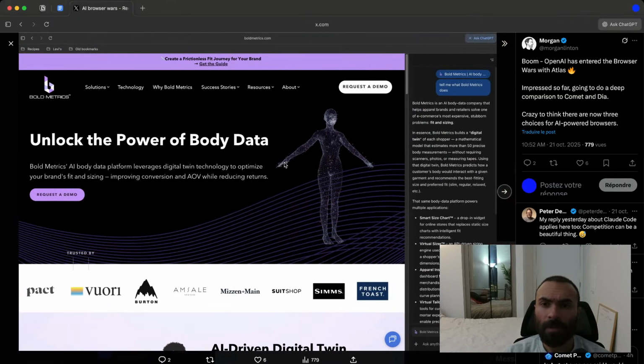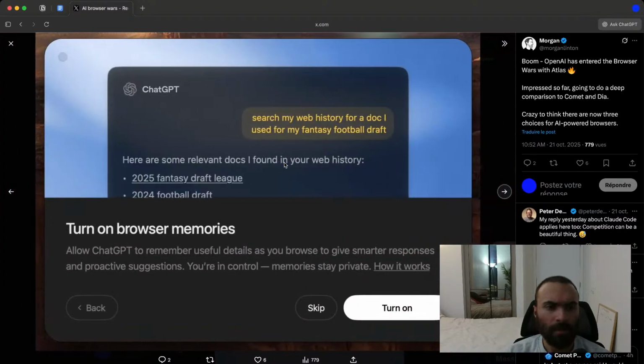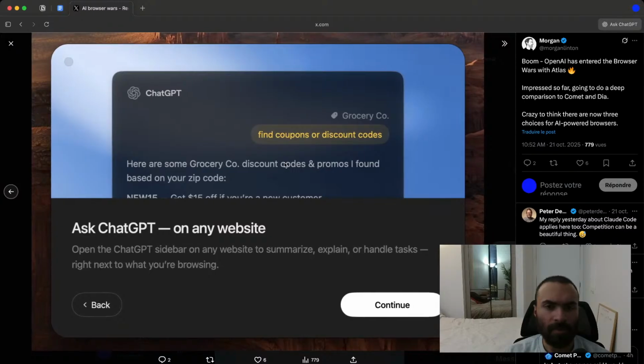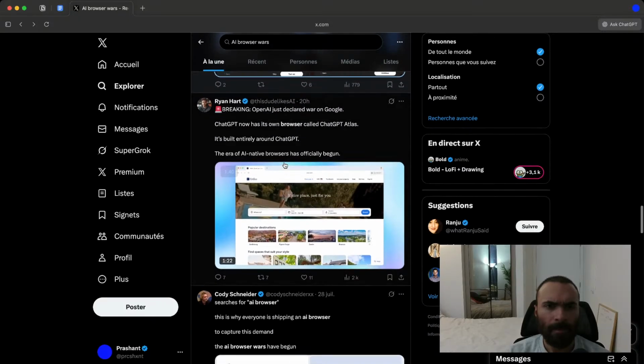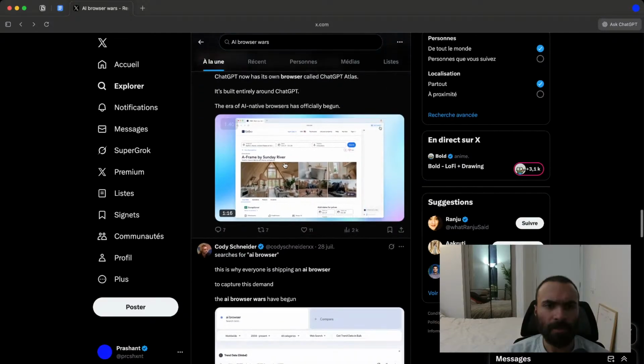What is this? Turn on browser memories. Search my web history for a doc I used for my fantasy football draft. Turn on ChatGPT on any site. Find coupons or discount codes. OpenAI declared war on Google. It now has its own browser called ChatGPT Atlas.